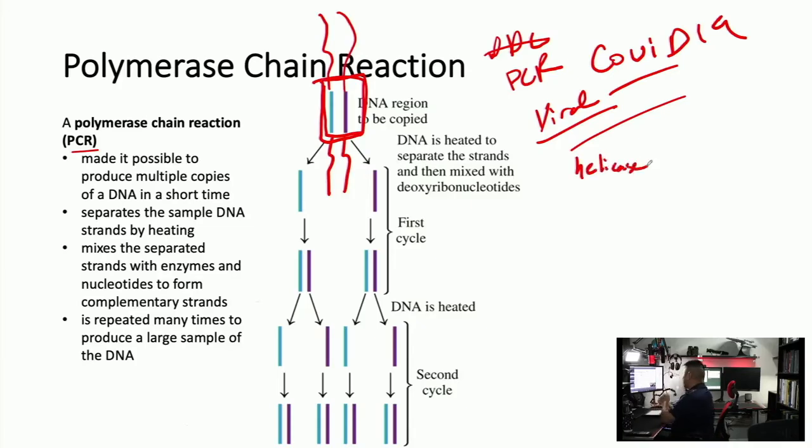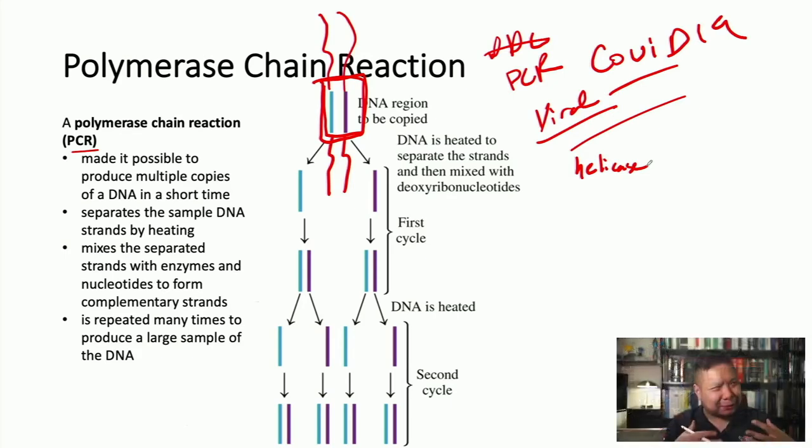What does helicase do? It unzips the DNA to access the nitrogenous bases inside of the double helix, right? But it's very difficult to control helicase so that you can just unzip exactly where you want it to unzip, right? And when you want it to unzip. So what do we do in recombinant biology or recombinant DNA,